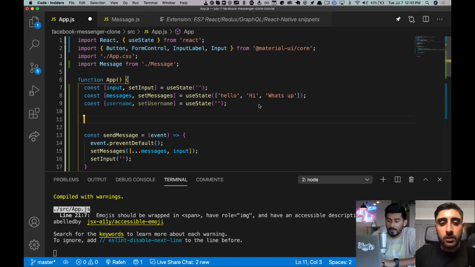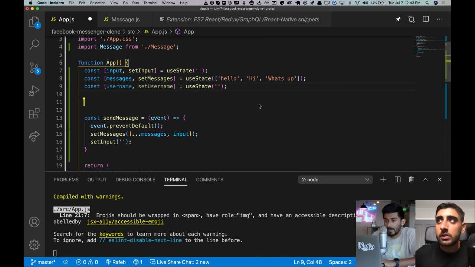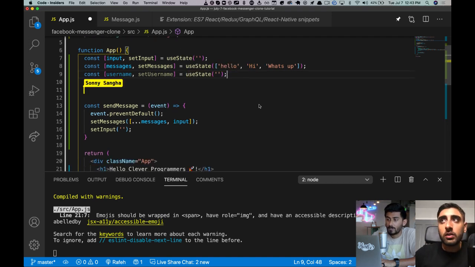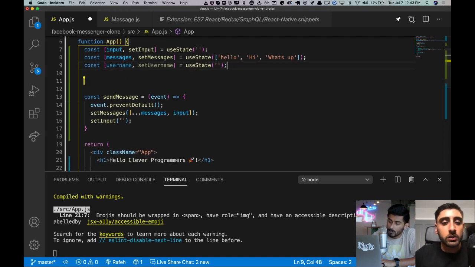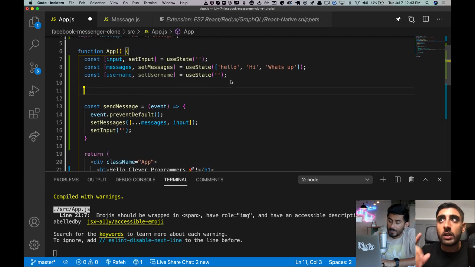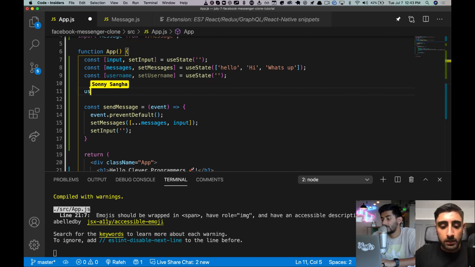The next thing we're going to do is use another hook. Just like we use useState, we need a piece of code now, and there's a really handy hook called useEffect. useEffect allows us to run a piece of code once when the component loads. In our case, it's the app component. So what we're going to do is, one quick useEffect